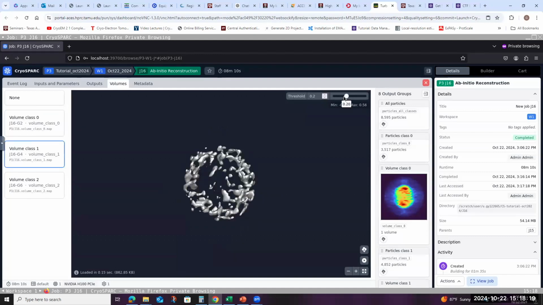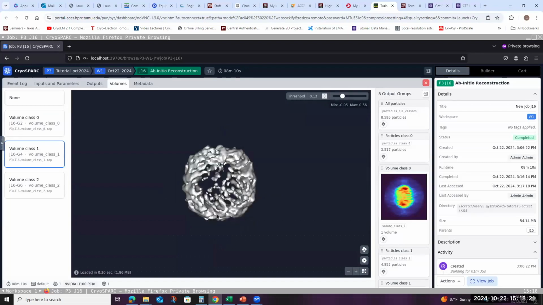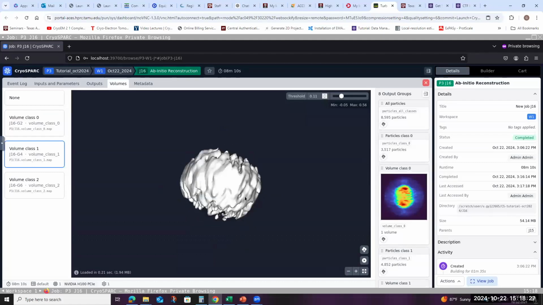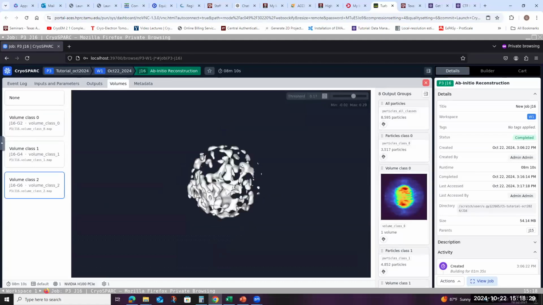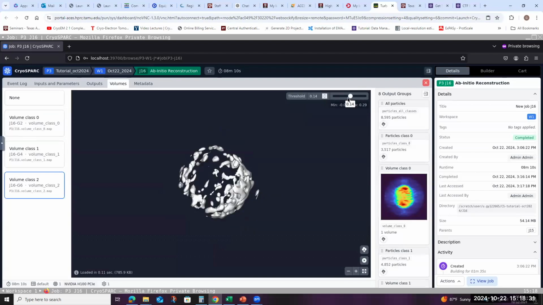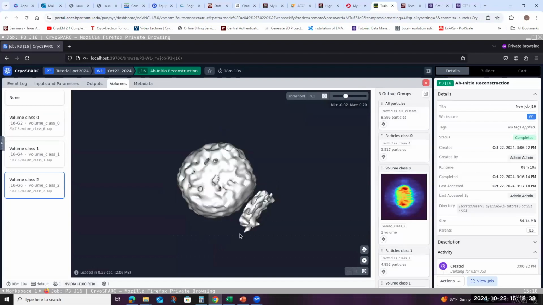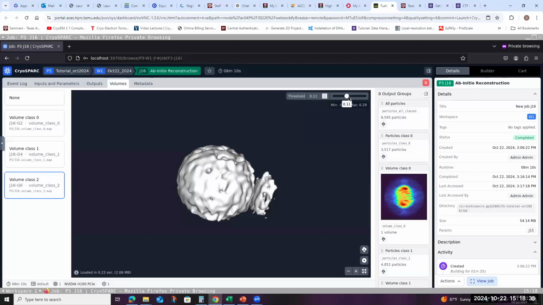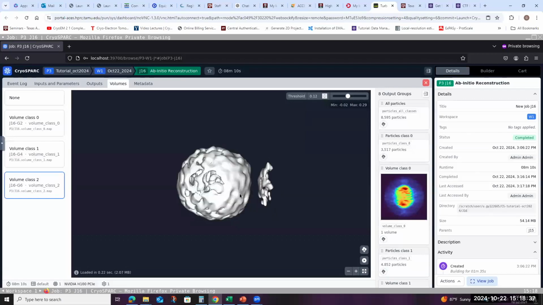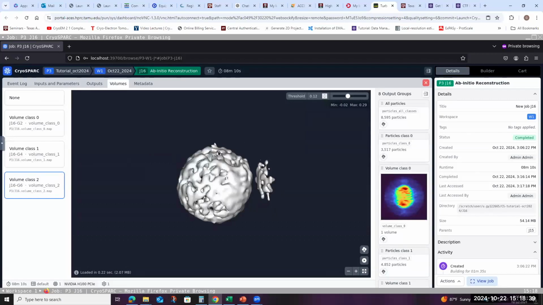Let's see class number 1. It also looks more or less similar. There might be some slight variation between the two. But the third one looks like it's not good. It's just simply raw, we don't have any features. So what we can do is remove the particles that belong to this class, and